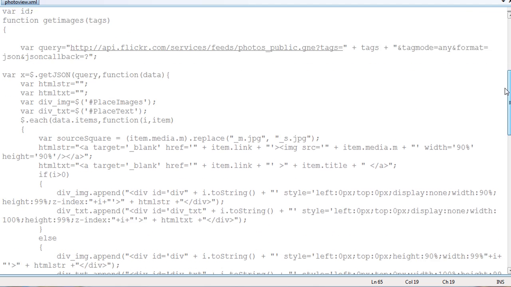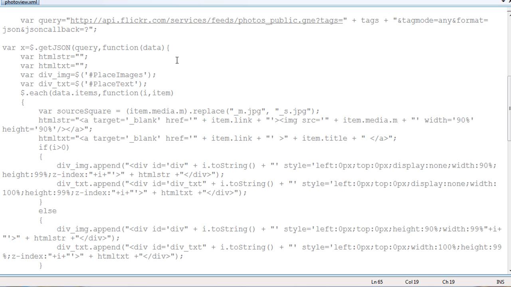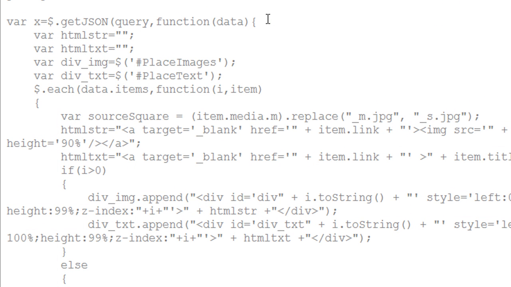Now, we all know there is a problem with AJAX requests in JavaScript. When we make an AJAX request from a script, the request must be handled by the same server, or a server on the same domain. If you want to make a request to another server on some other domain, you cannot do it from your script. You have to use code behind, like a PHP server script or a Visual Basic.NET server script or something like that,